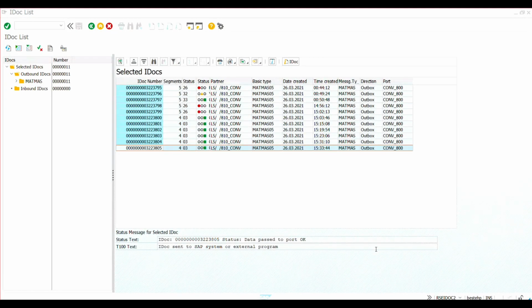Once you run the outbound program, one IDoc is created successfully like this. This is the IDoc number. For this IDoc, you can see the status in green color. The outbound IDoc number is 03. If you double click on this IDoc number,